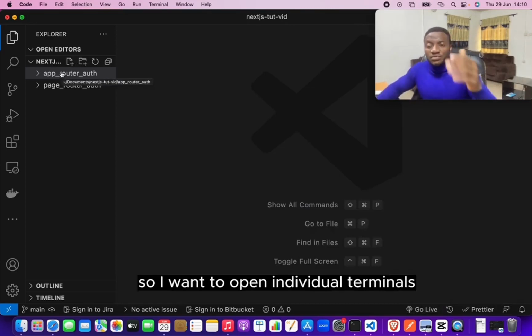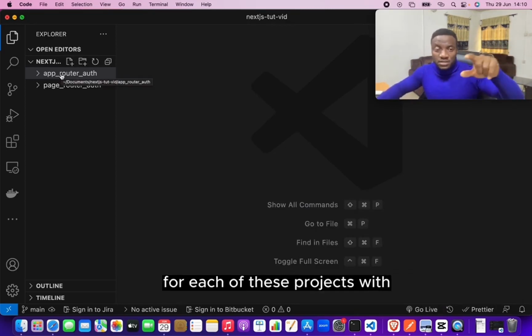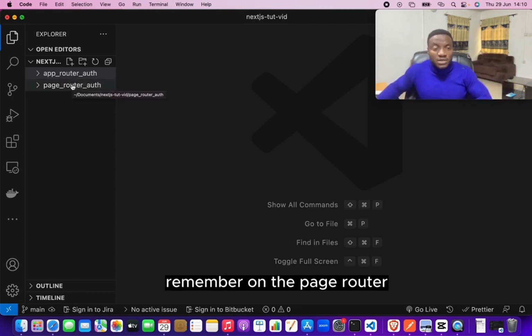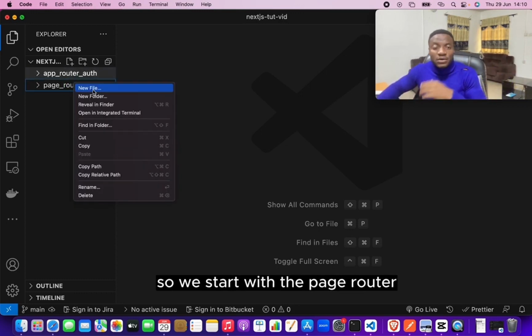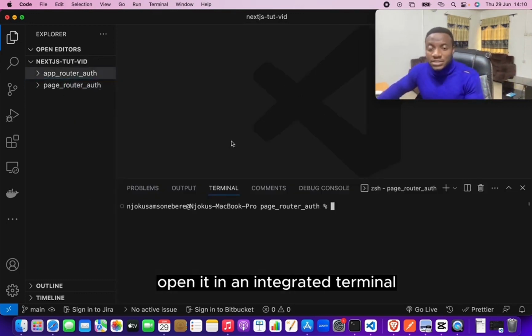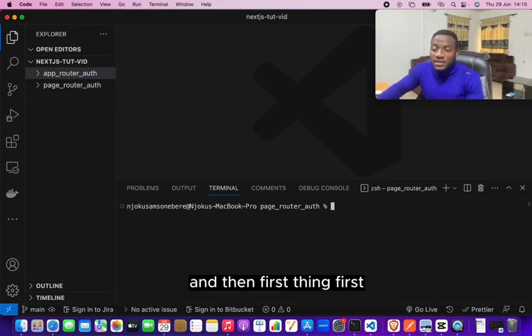I want to open individual terminals for each of these projects. We have the app router, remember, and the page router. So we start with the page router, open it in an integrated terminal, and then first thing first, we want to install